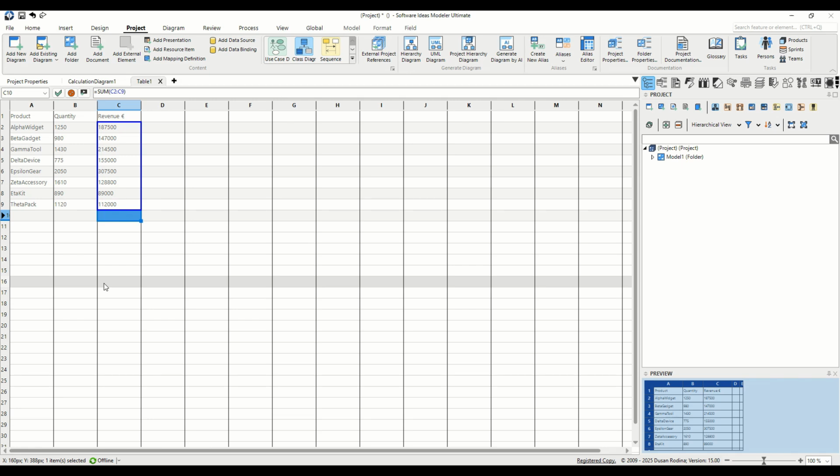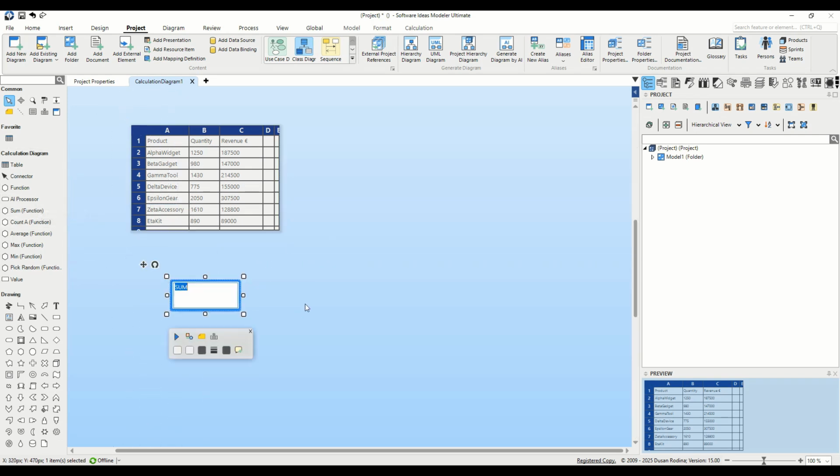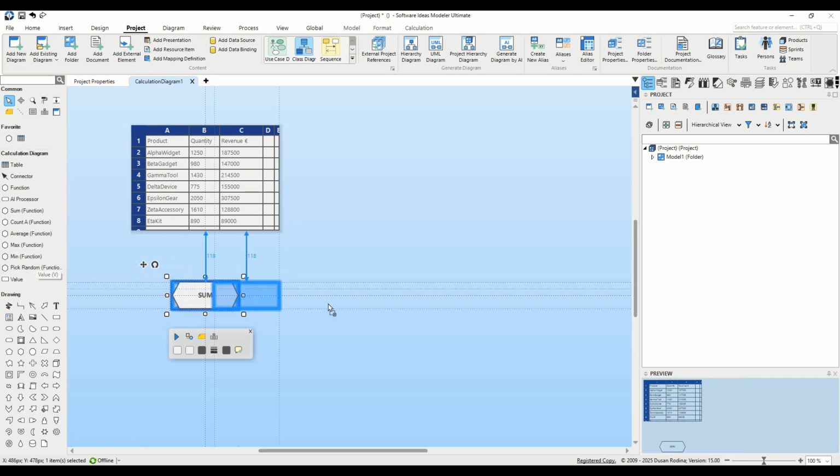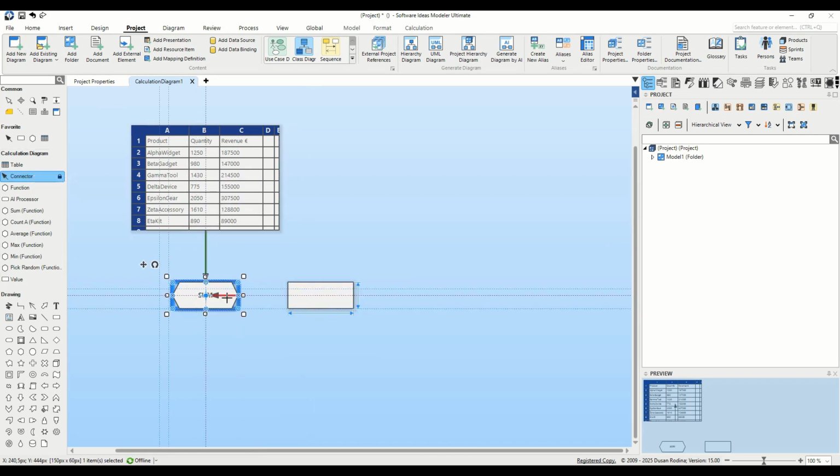Now we separate logic from the grid data. We close the Table Editor tab to return to the diagram. We drag a sum function element from the toolbox and drop it onto the canvas. We drag a value element and drop it beside the function. We draw a connector from the table to the sum node, then another connector from the sum node to the